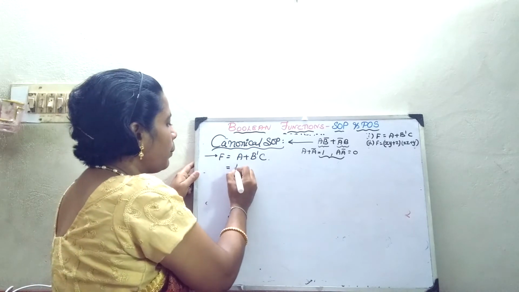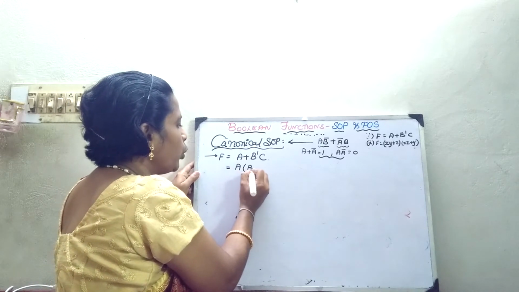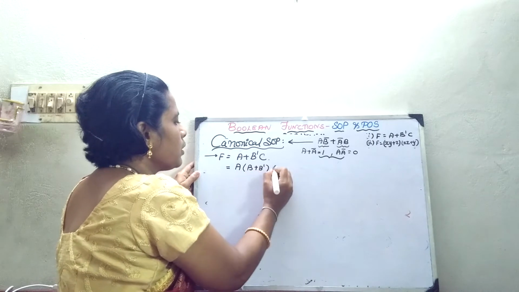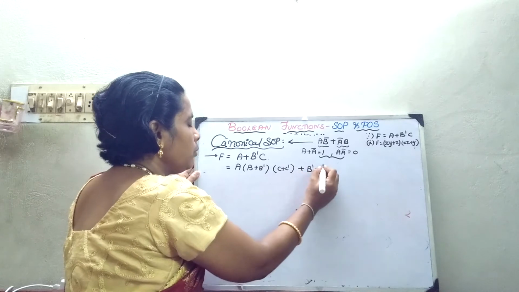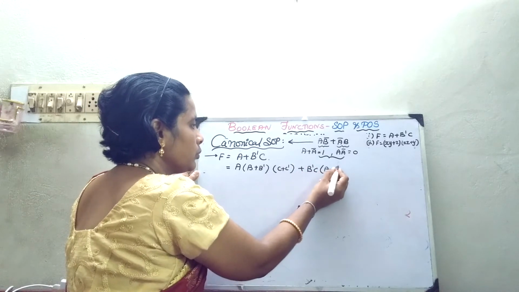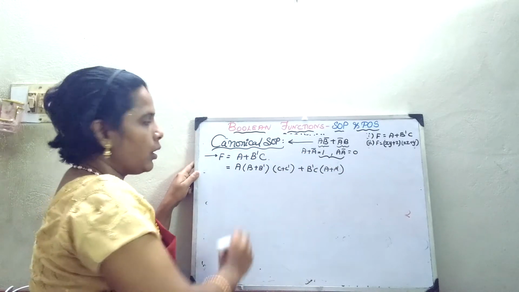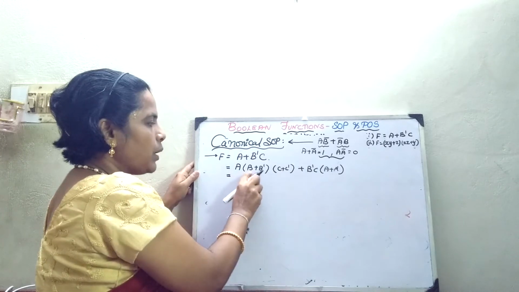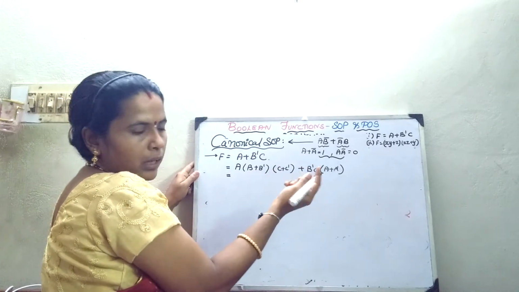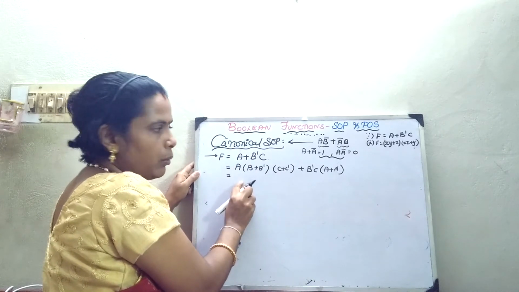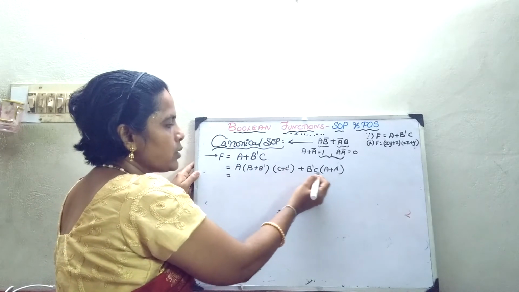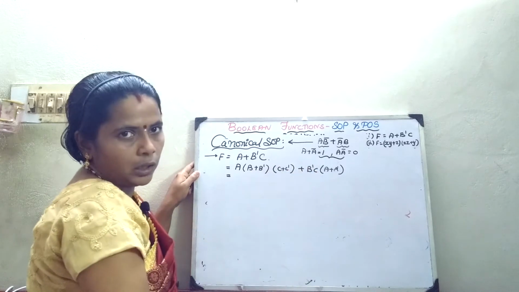Okay. Now what happens to this variable? I am going to do B plus B bar, C plus C bar, and to the next expression. Now here, what is B plus B bar? It is 1, for any variable. C plus C bar is 1. 1 into 1 into A, the expression is going to remain the same. Similarly, this is 1. So the expression is not going to get altered.